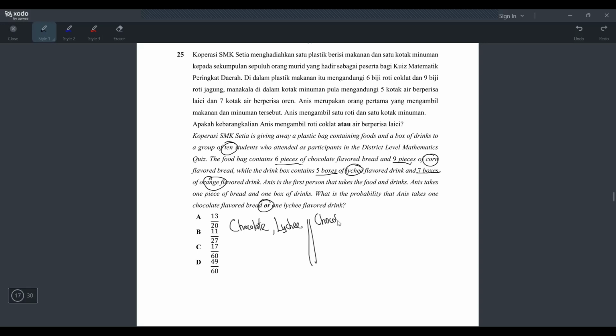She will get chocolate with orange drink, right? And then it's also possible that from the food bag she get corn, and then the drink she get lychee. And then the last possibility is corn with orange. So these are all the possibilities. Is it possible to get chocolate corn? No, it's not possible because chocolate and corn, they are both bread. So they already mentioned here she take one food, 1 drink, not 2 food. So that's why these are all the possibilities. So now what they want to find,